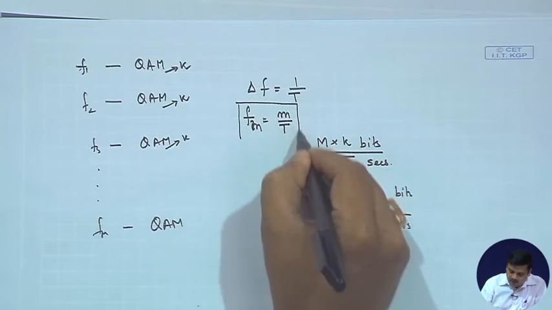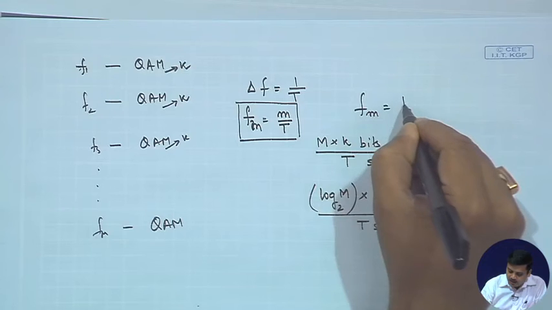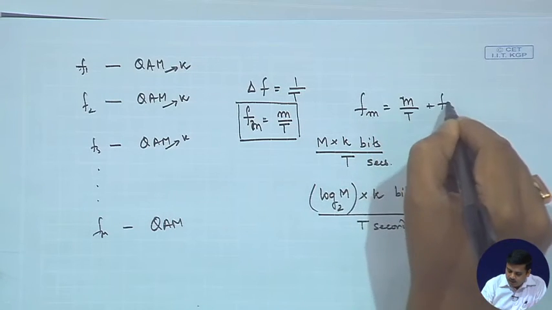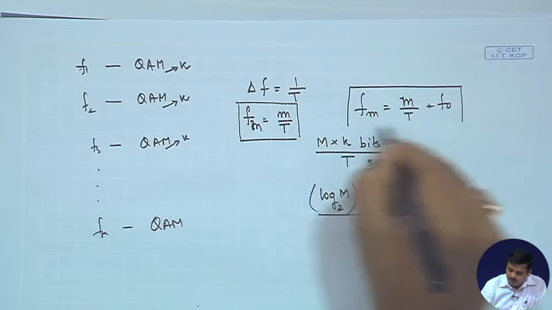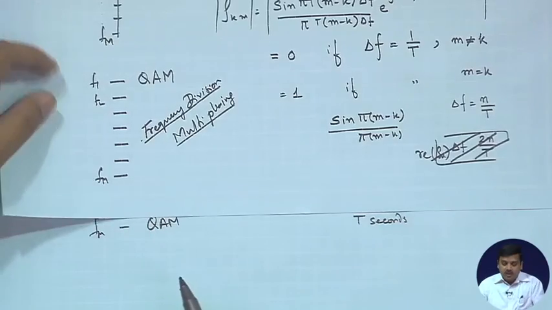So, if you are having frequencies of this fashion, or you could say f m is equal to m upon delta t plus f 0, f 0 is the base frequency, then it would also mean the same. So, you could have orthogonal frequencies to transmit, and we have already said that this is frequency division multiplexing, and